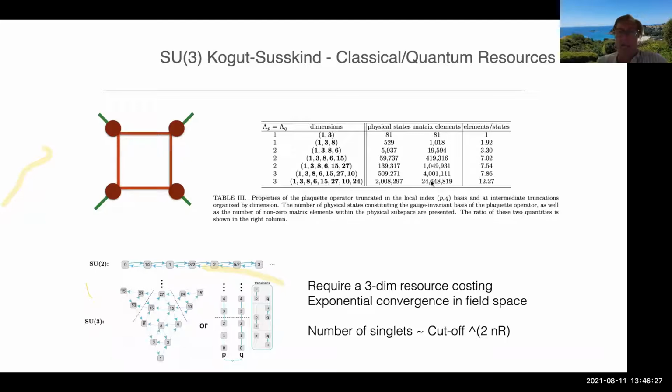So the classical computing resources scale, in this case, roughly like the truncation cutoff to the 12th power. And then more generally, it's 2 to the n, the number of different links coming into the vertex, times some power. So one sees that this is a large, growing but polynomial classical resource required in order to implement the